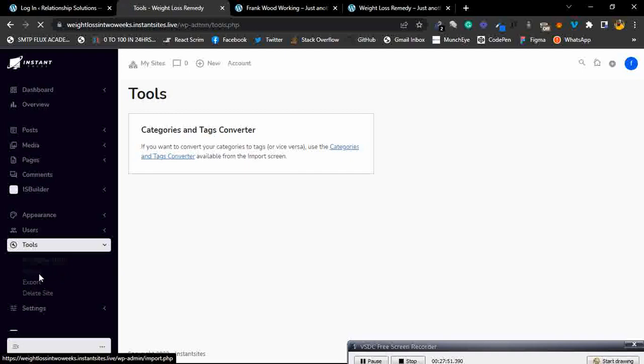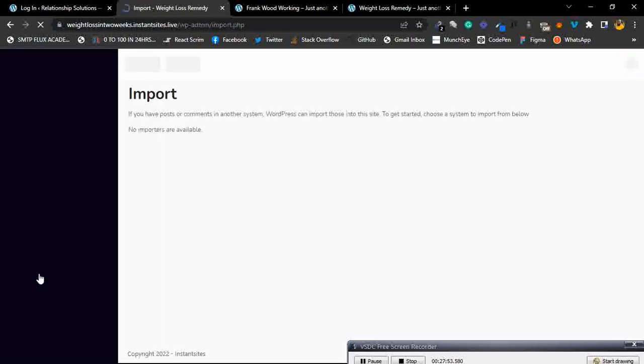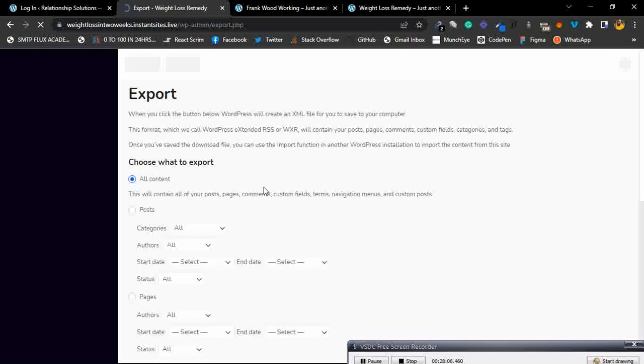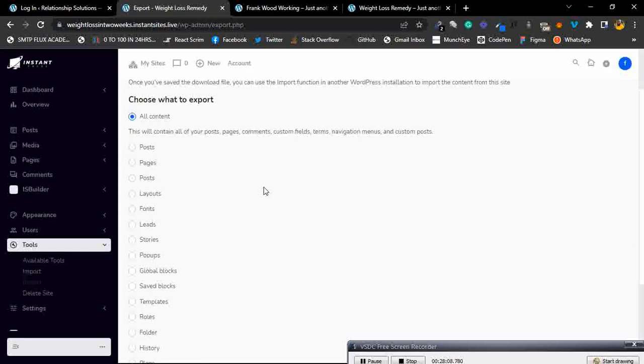The import option allows you to import data. Maybe you want to import a page from another website to this website. You can do that from here. And if you want to export the content you have on this particular website to your local memory, and probably want to make use of it somewhere else,